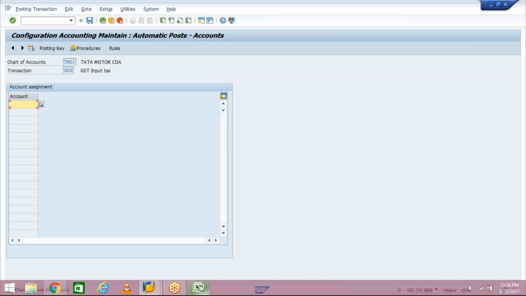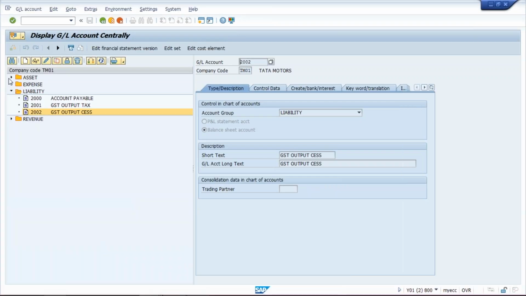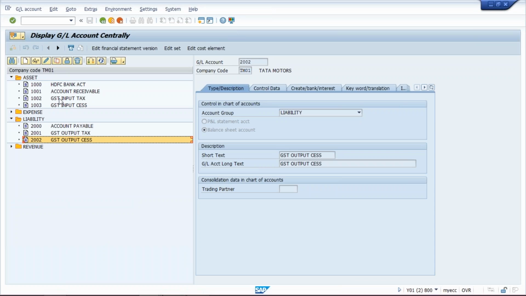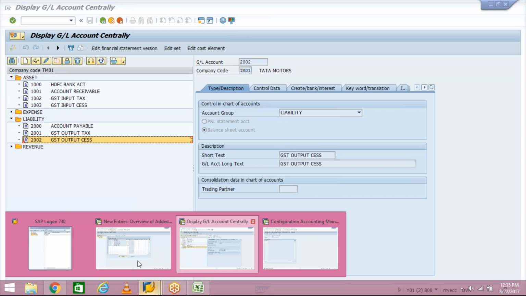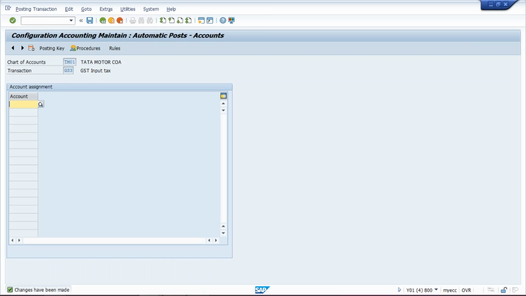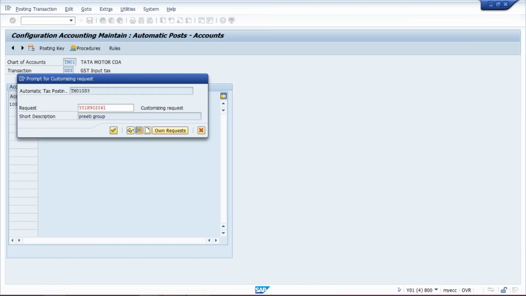Then GST input. What is the GST input tax number? Click here on asset and see, GST input is 1002 and cess will be 1003. So here I am going to give 1002, save it,